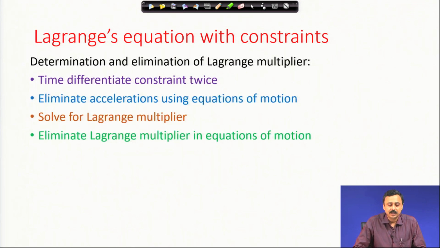Therefore, we follow the steps that we have discussed for determination and elimination of the Lagrange multipliers. What do we do? We time differentiate the constraints 2 times. Each constraint we differentiate 2 times to come up to acceleration, so that they involve accelerations. Then we use the differential equations to eliminate the accelerations and then solve for the Lagrange multipliers. Once we have solved for the Lagrange multipliers, we substitute these expressions back into the differential equations, and then the